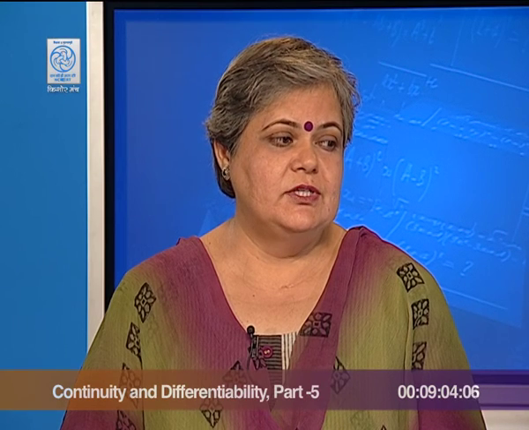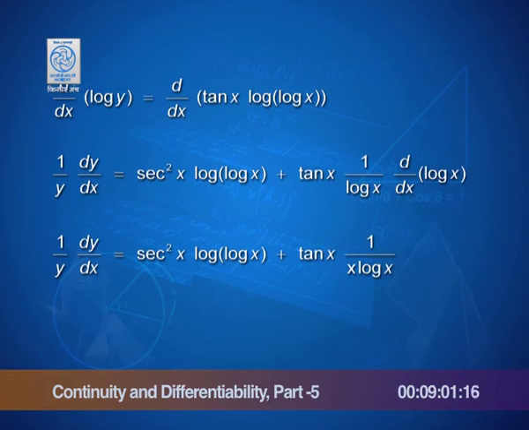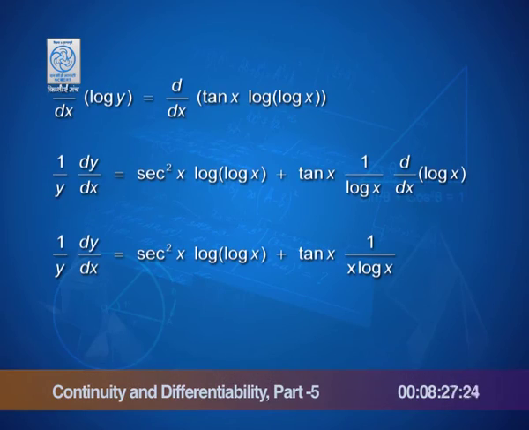So, we get on differentiating, 1 by y dy by dx equals sec square x log x plus tan x, and note how we have differentiated log x. Again, presence of chain rule: the log derivative will give me 1 by log x. So, when I say log derivative, it is the derivative of log x with respect to log x, and then chain rule requires that I multiply with the derivative of log x, which is 1 by x,